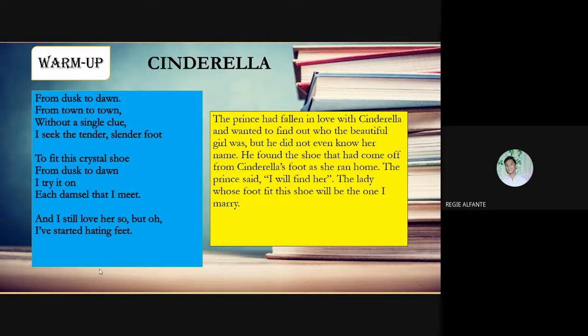Okay? The first text is written in line and stanza, while the other one is written in sentences that form a paragraph. The first text is composed of artistic language to express thoughts and emotions, while the other one is composed of normal language pattern. So those are the differences of these two texts. Further, the first text includes rhyme and rhythm, while the other one does not use rhyme and rhythm.